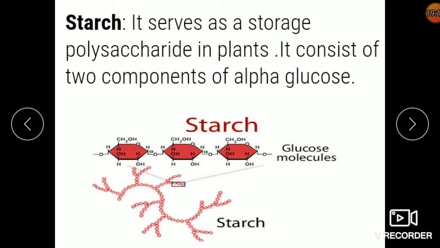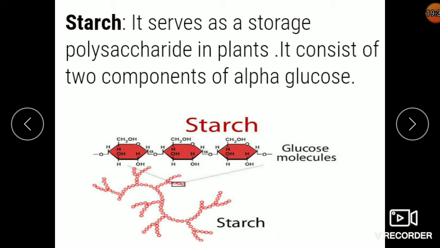Okay. Now you see this is a glucose unit. This is one glucose unit. This is another. This is another. Now here the glucose units are joined with this bond. Okay, what is there in the bond? You can see one oxygen atom in the bond. Now in starch, the bond that is in between the glucose molecules is called a glycosidic bond. Okay, so these are called the glycosidic bond.